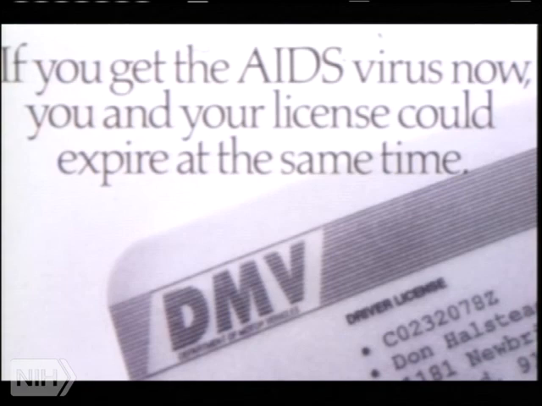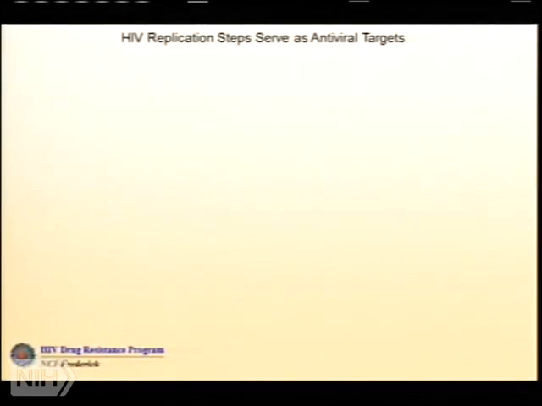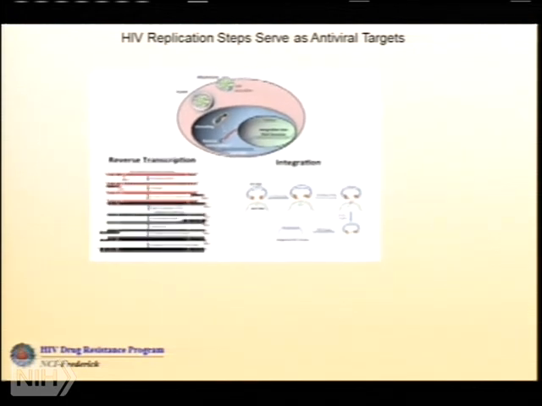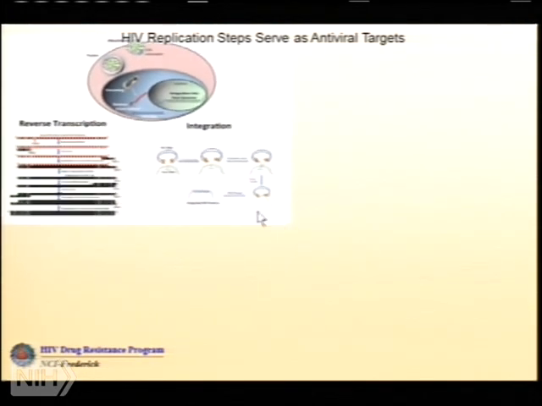This was a poster on a bus in 1988. "If you get the AIDS virus now, you and your license could expire at the same time." No cure, no treatment. Over the course of the next 7 or 8 years, people took these events that we've talked about,